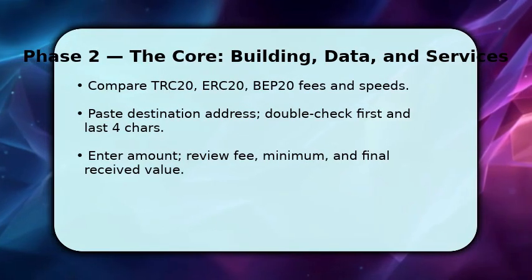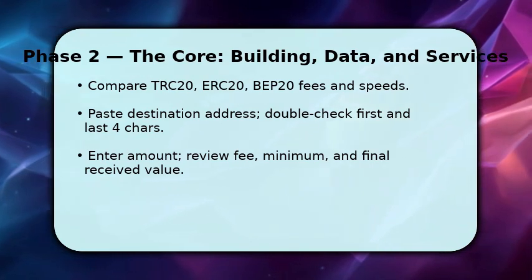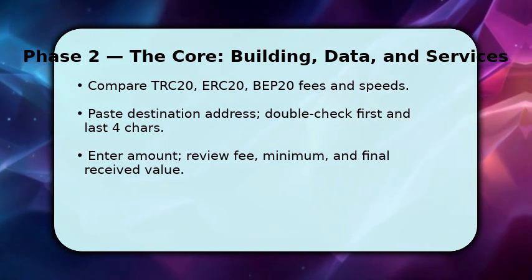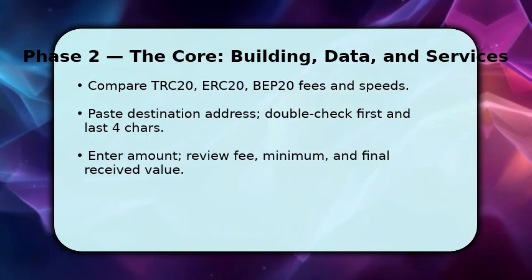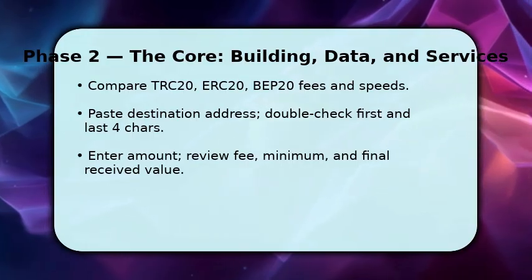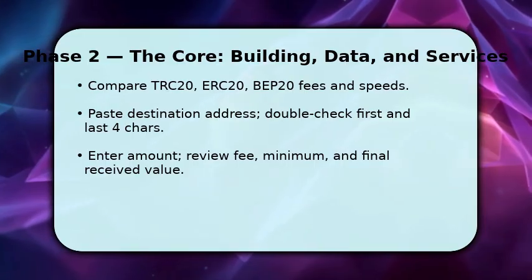Next, compare the network list. TRC20 is usually low fee and fast, ERC20 has higher fees but wider compatibility, and BEP20 is native to Binance Smart Chain. You paste the destination USDT address exactly, then verify the address prefix and last 4 characters to avoid